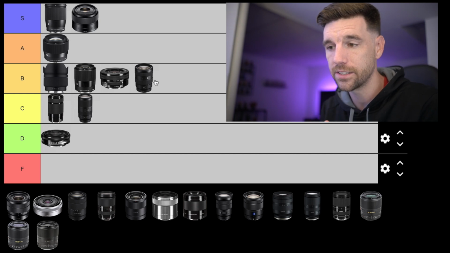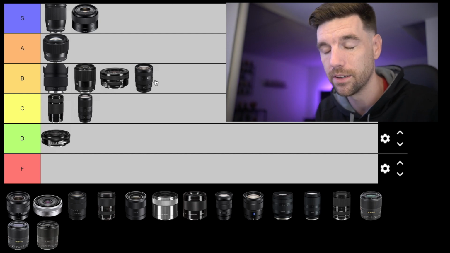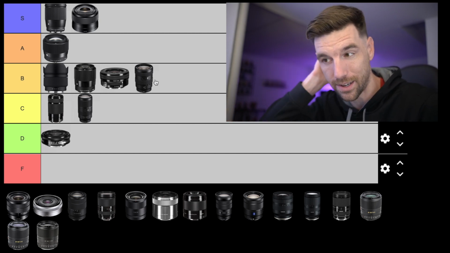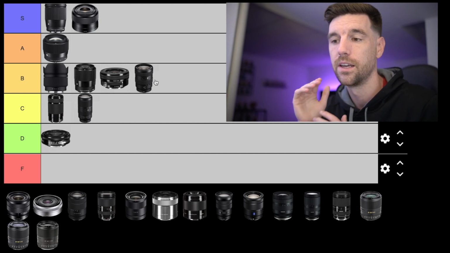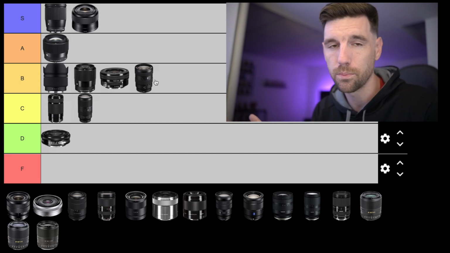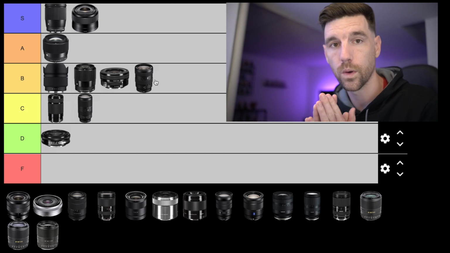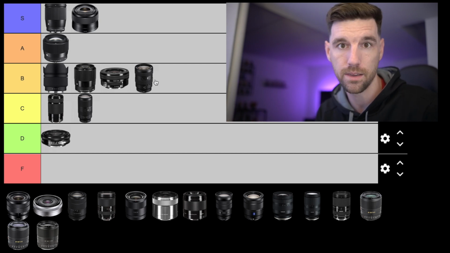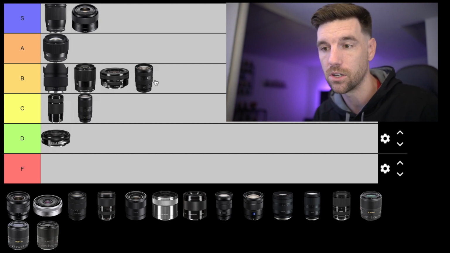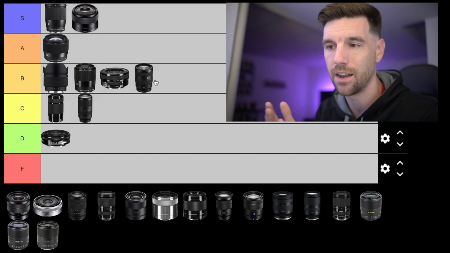This is definitely a lens that could be an all one-stop shop for somebody. If you've got the money, it is very expensive. It's over $1,000. I do think it goes on sale from time to time, but f2.8, it replaces the kit lens and some other lenses as well. So you could really buy this lens and a camera body out of the 6000 lineup and be set depending on what you need. So I'm gonna put it in B just because it's super expensive,